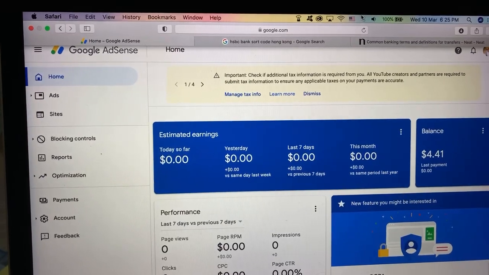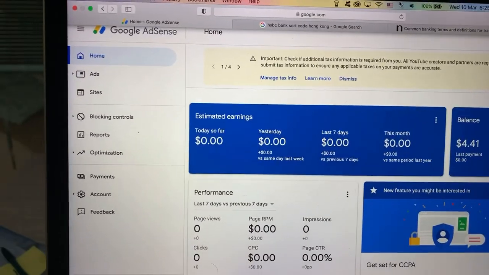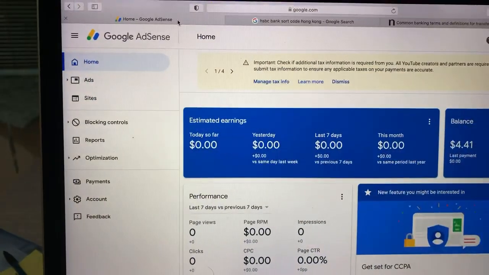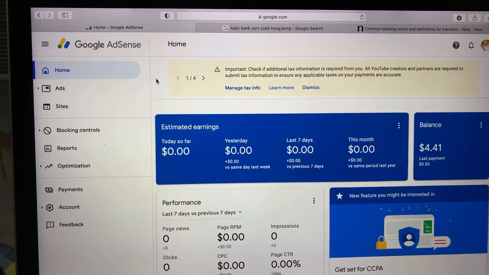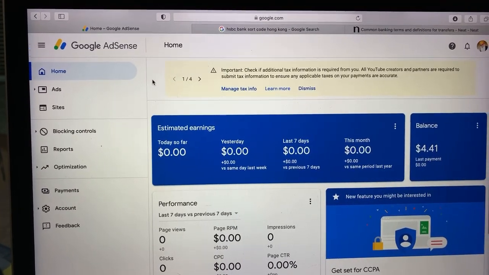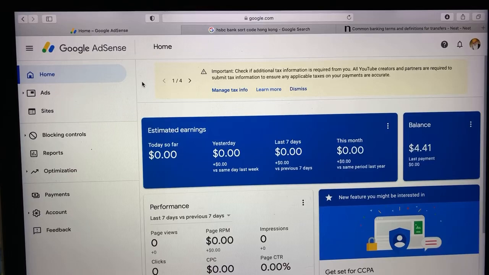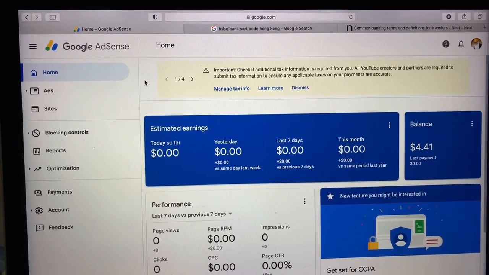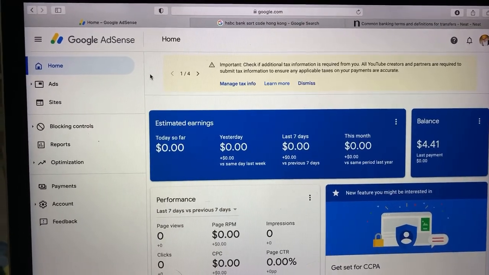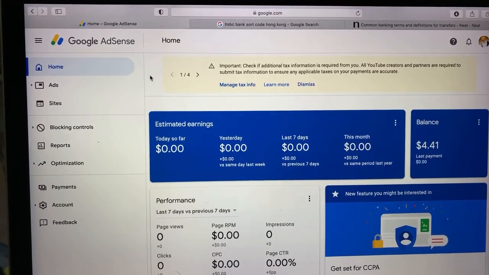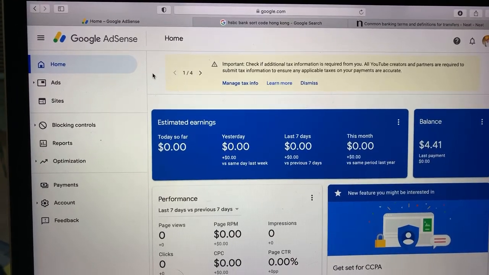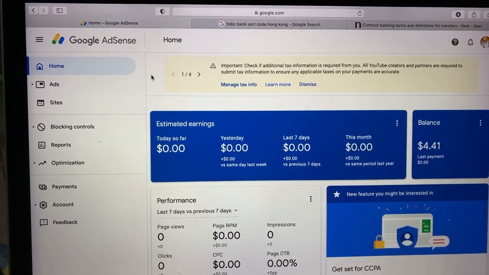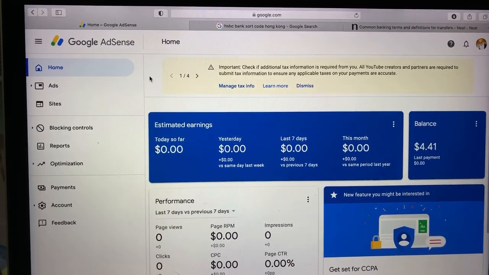Hello guys, so this is the new thing which is started by the US and it's gonna affect your Google Adsense account. So if you don't fill the information, they're gonna charge you around 30%. But if you follow these instructions, you can save up to 15%, and you have to fill this form which I'm gonna show you shortly,